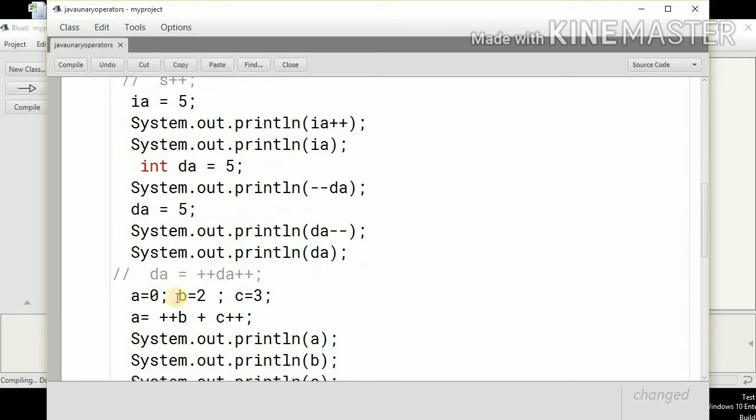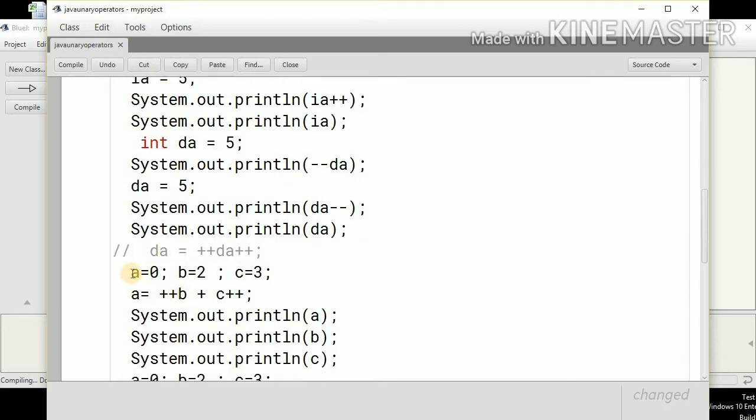Now let's see some expressions. Here we have three variables: A is 0, B is 2 and C is 3. What will be the output of A equals plus plus B plus C plus plus? This is pre-increment, which says first increment the value. So this 2 will be incremented and here it will be used as 3. Now this is C plus plus, post increment.